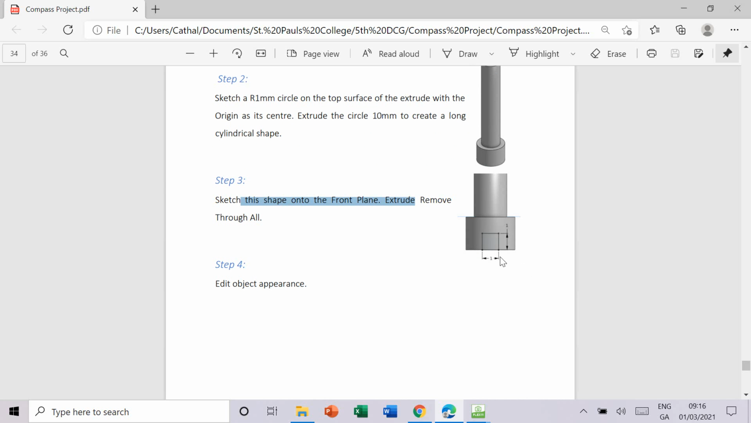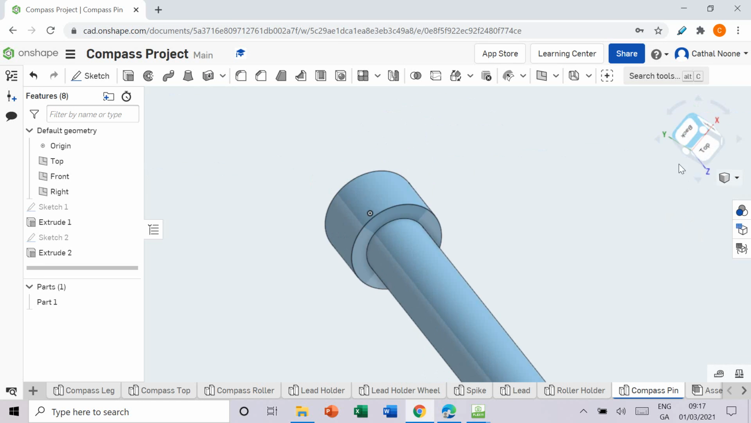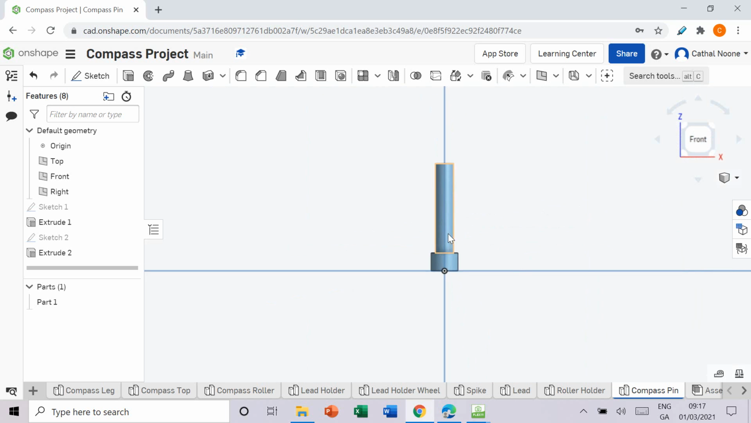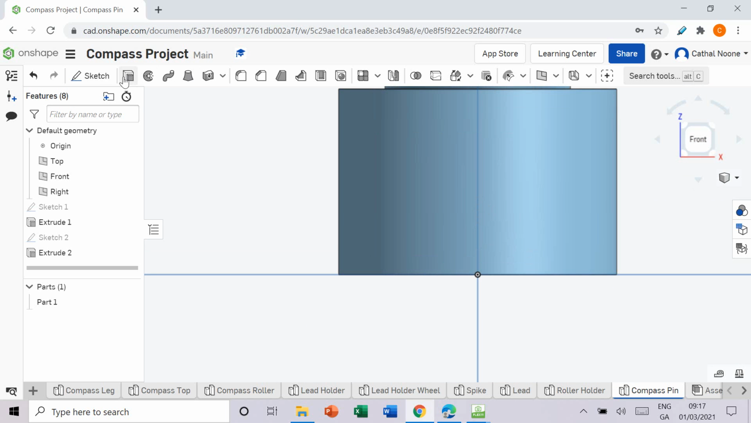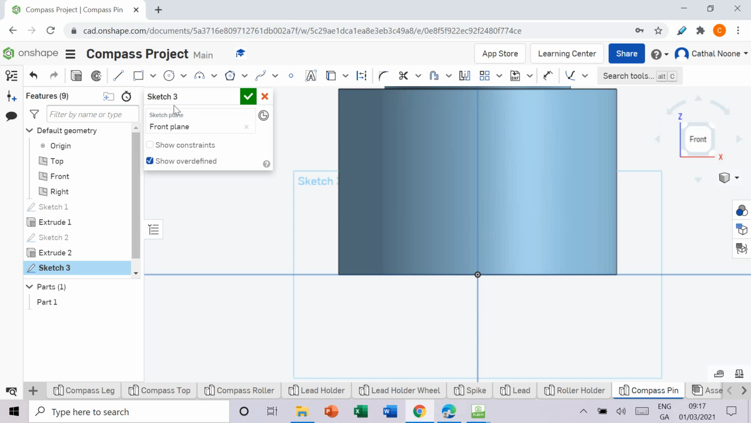So we're sketching a 1 by 1 square onto the front plane. So have a look, where is that? That's here. Zoom in, and I'm going to sketch a center rectangle onto this shape like this. That's going to be 1 by 1, as we said, and I can use the midpoint tool to get this line and this midpoint. Green tick